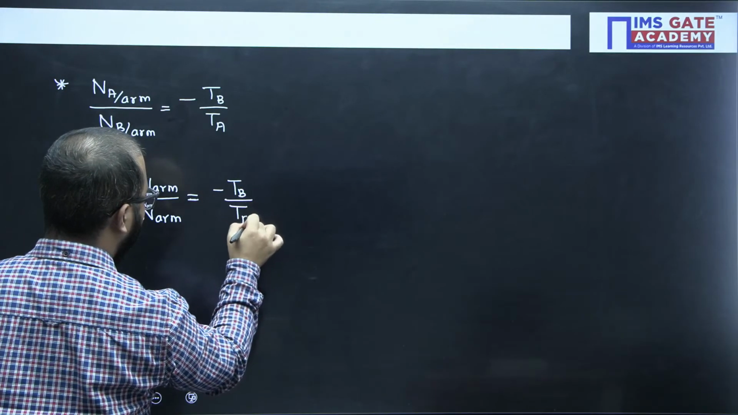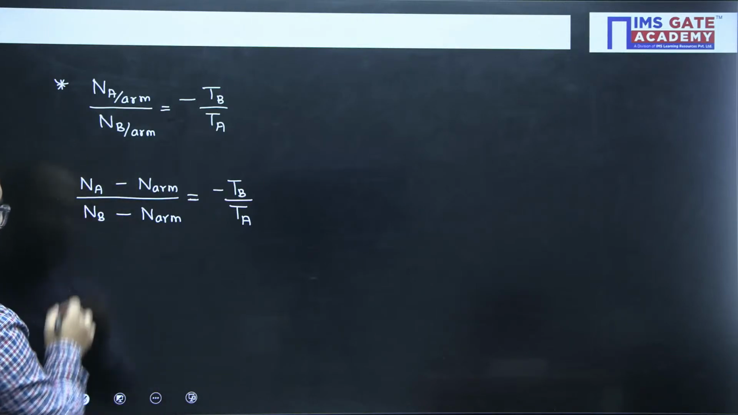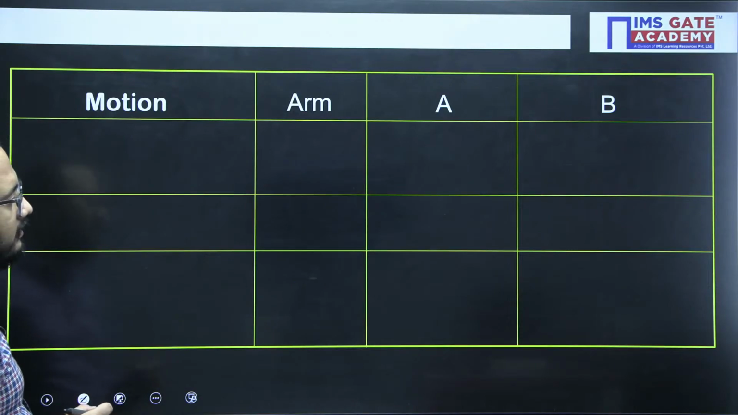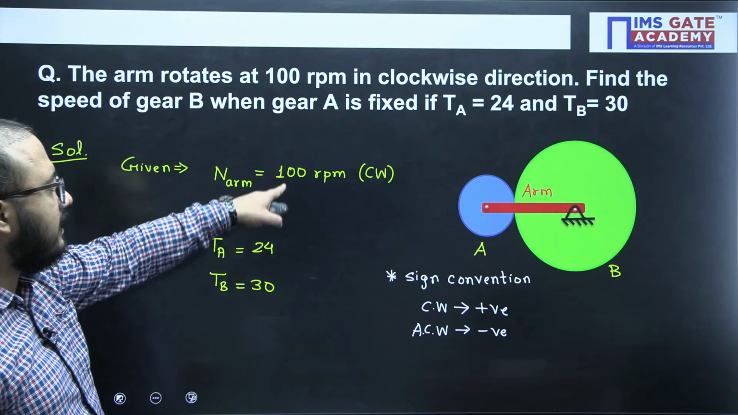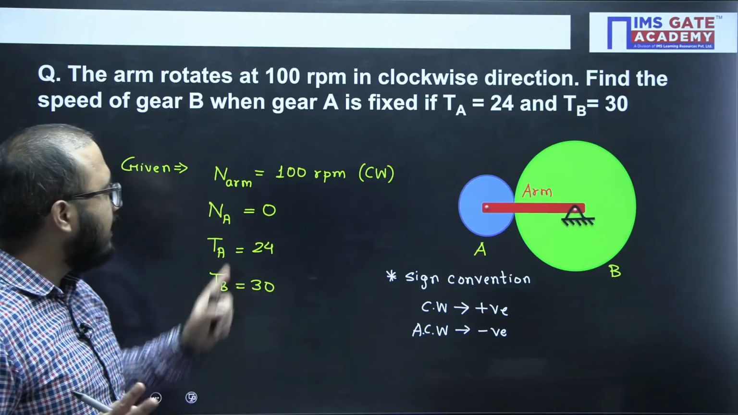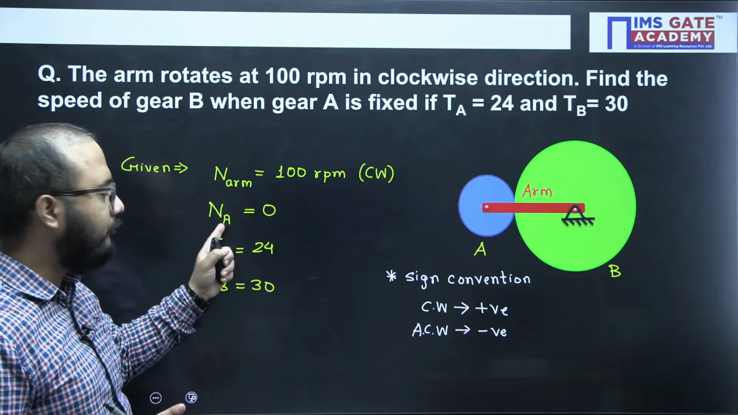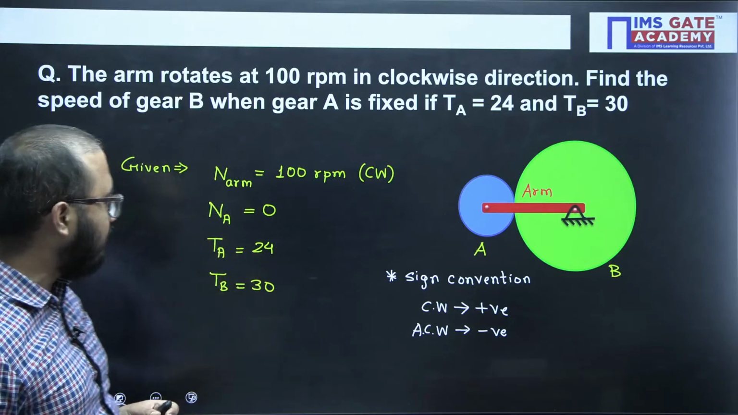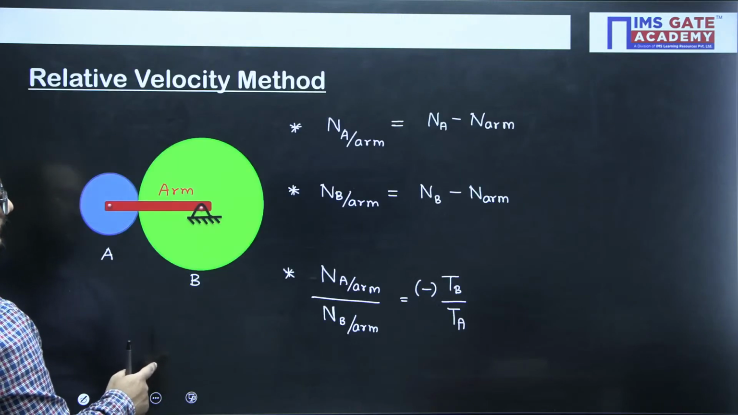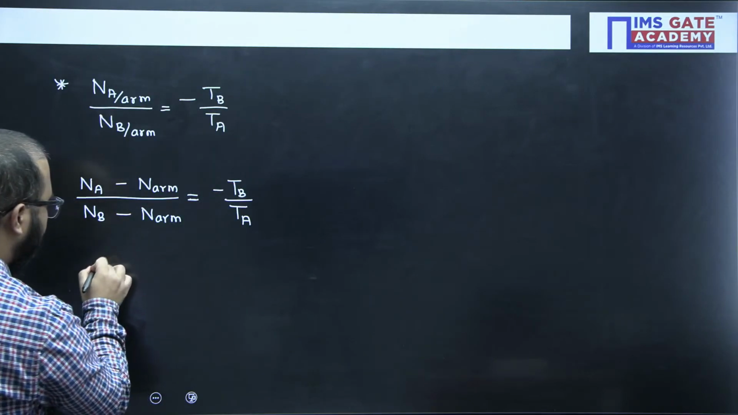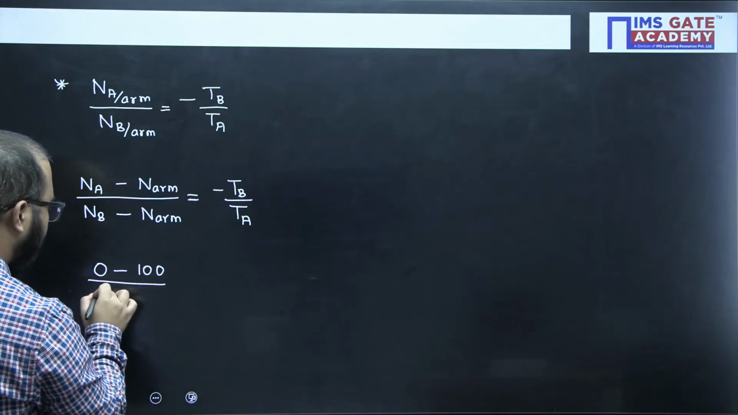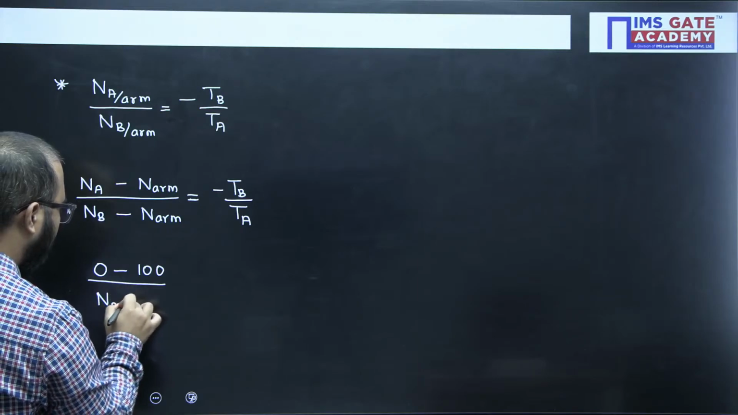TB by TA. Now as far as our question is concerned, let us see the data that they have given. Arm is 100 RPM clockwise, same sign convention I will follow. Arm speed of rotation is 100. For A it is 0, B we have to find out. TB value 24 and 30, right? Now we will put the data here. A value 0, arm was given 100, divided by B we have to calculate minus 100,